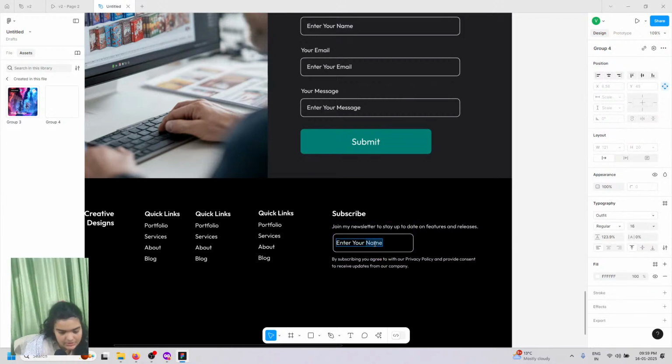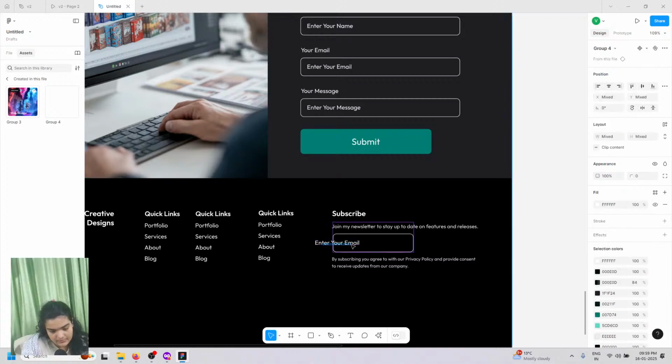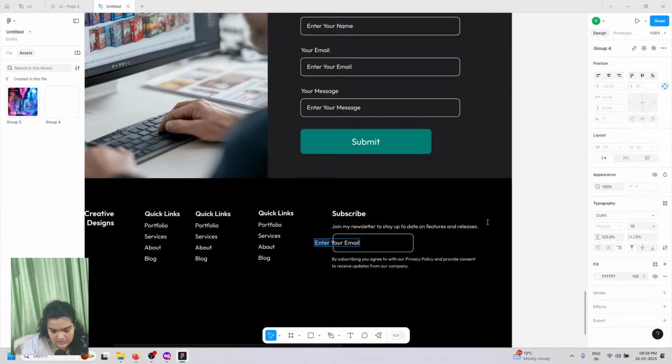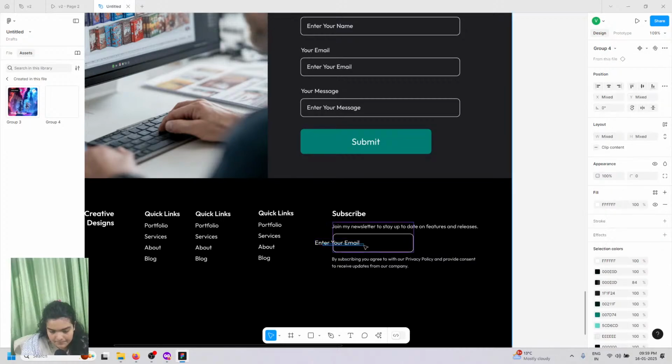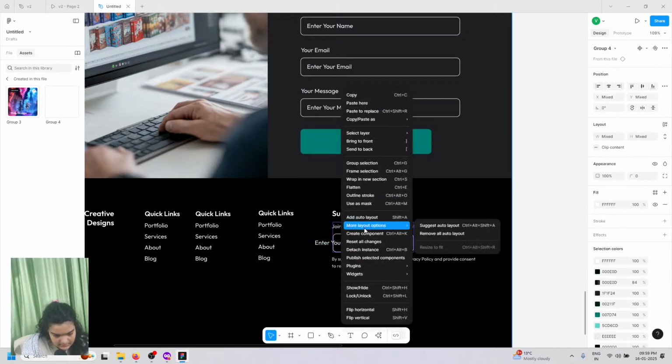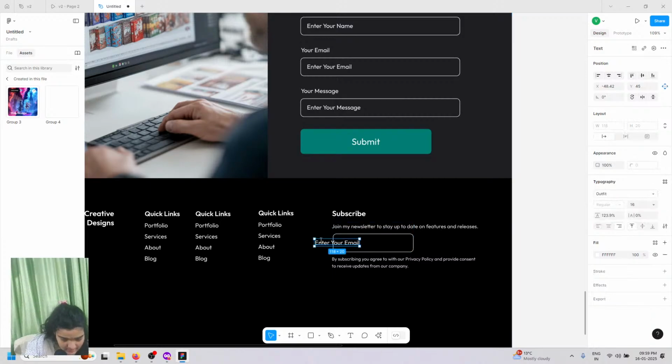Change this to say enter your email. If it doesn't look good right now, just select the text box, and you can always detach this as an instance. So we're going to go right here, place this as a detached instance. We're going to select this text box, place this right here, and now we're going to change this to say